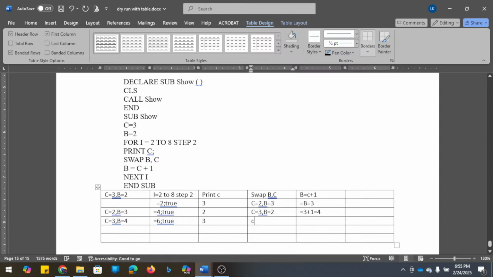So C is 4 and B is 3. B equals C plus 1. What is C? That is 4. 4 plus 1, 5. Now in the next iteration it becomes 8. Condition true.